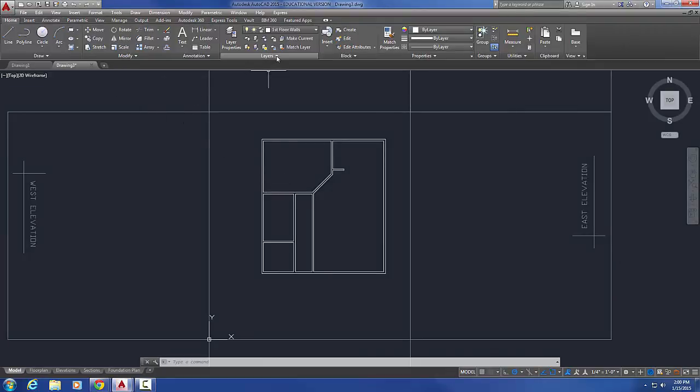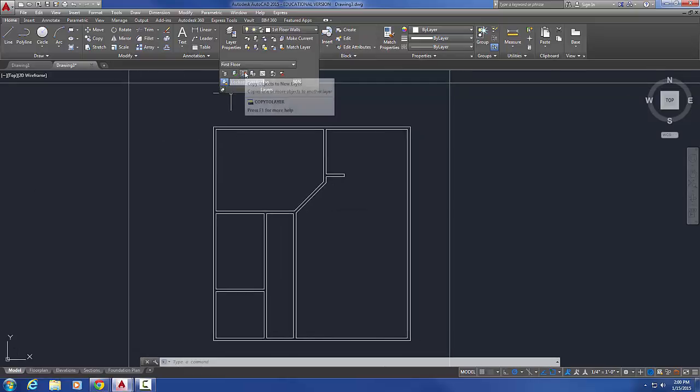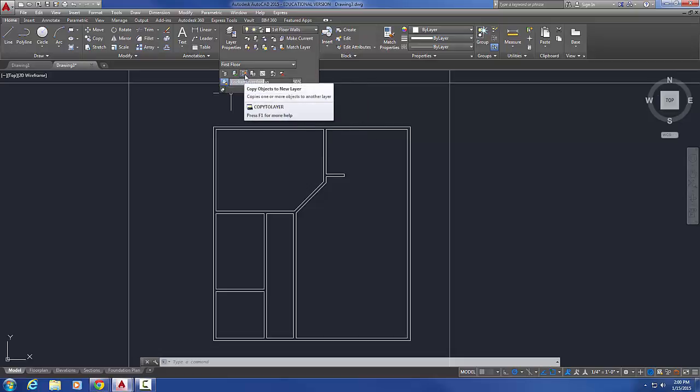So I'm going to go back to the Home tab. I'm going to pull this down and just kind of pin it down just so we can see this down here. What we're going to be using is this guy right here. It's called Copy Objects to New Layer. I think it looks like a couple of gumball wrappers with gumballs sitting on them. You can decide what you think it looks like, but it's this guy right here, Copy Objects